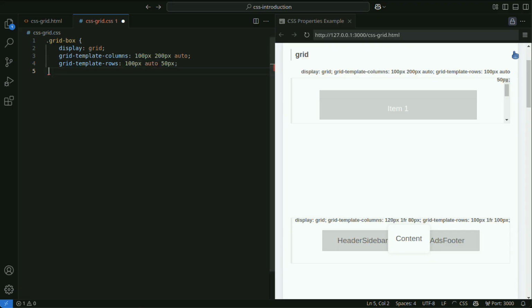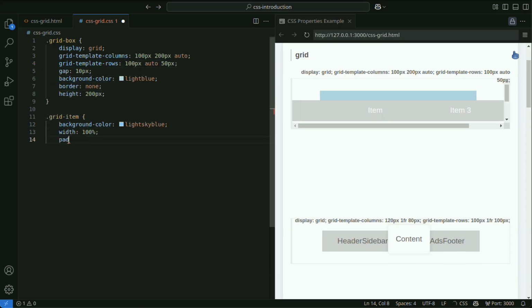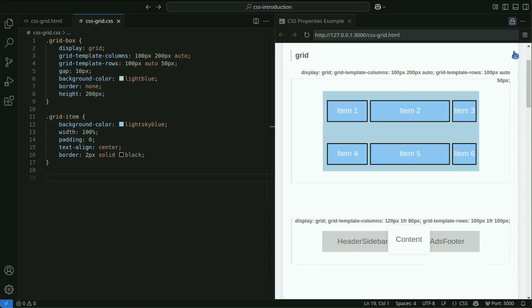First, let's take a look at grid. A grid is a layout system for aligning elements in two-dimensional rows and columns. Using a grid, you can easily and flexibly construct complex layouts that were difficult with traditional float or position methods. While Flexbox excels at one-dimensional layouts, the grid is suitable for two-dimensional layouts.